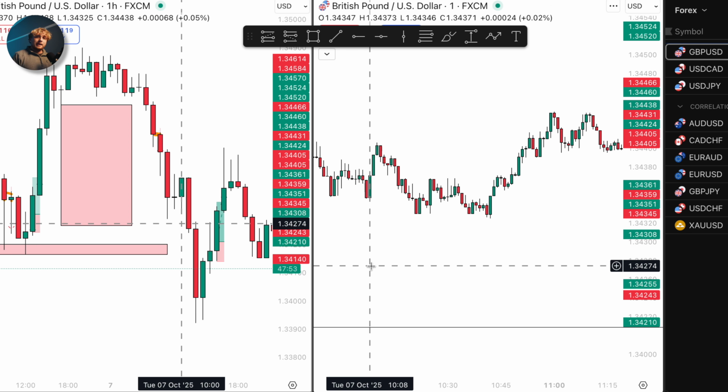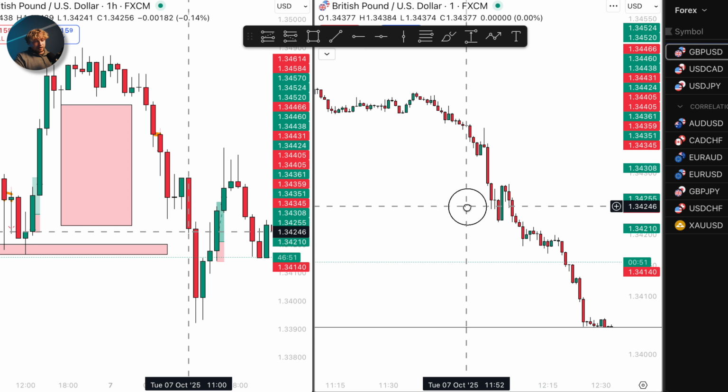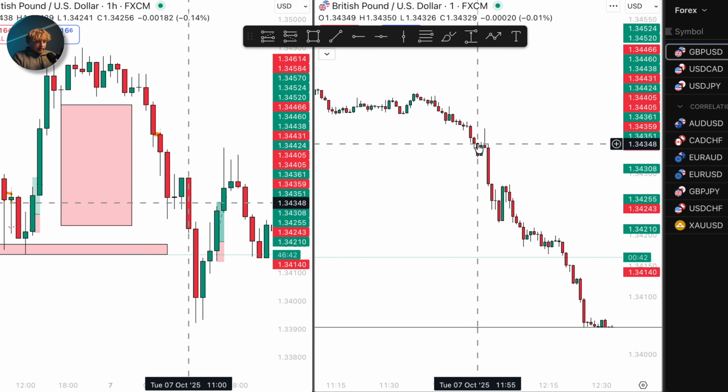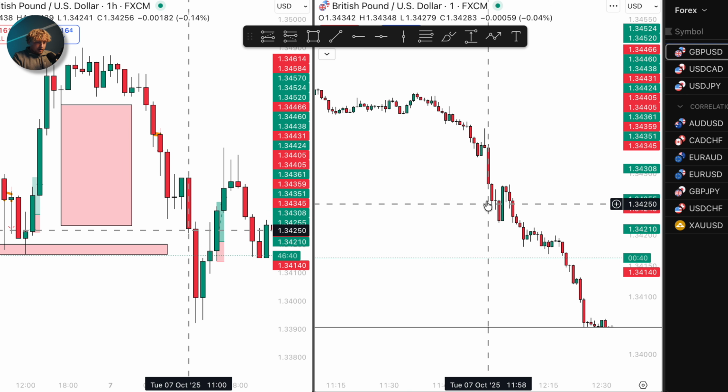so I'll trade the 6 a.m. hourly candle close, the 7 a.m. hourly candle close, and the 8 a.m. hourly candle close. I then tend to step away from the markets for a bit, and then I come back at 12 p.m. UK time and trade 12 p.m., 1 p.m., 2 p.m., sometimes 3 p.m., depending on how much news there is, just because that works for me. Now, obviously what works for me may not work for you, but it just currently fits my lifestyle to be trading that way. So once I come back at 12 o'clock,